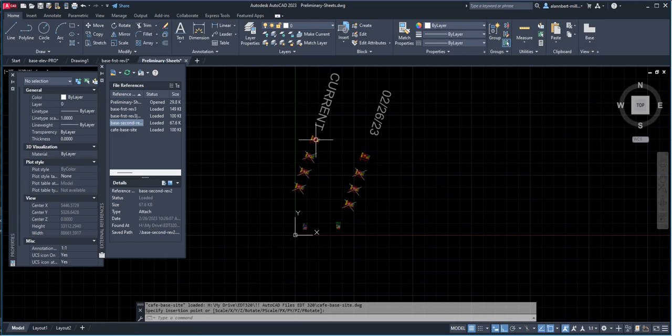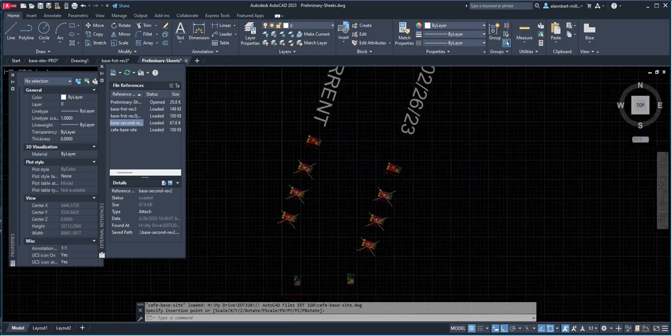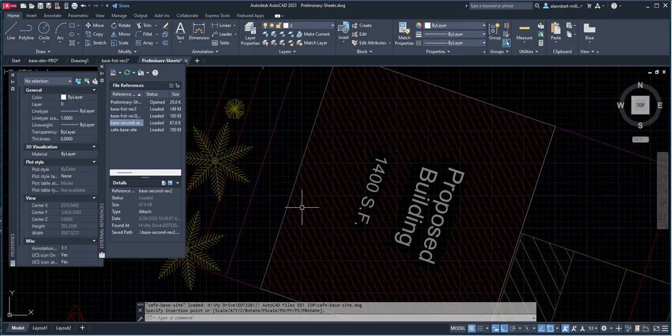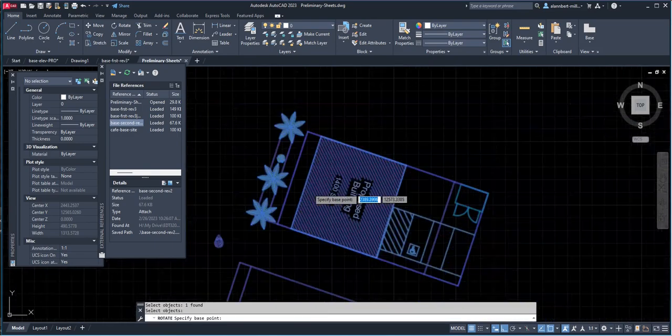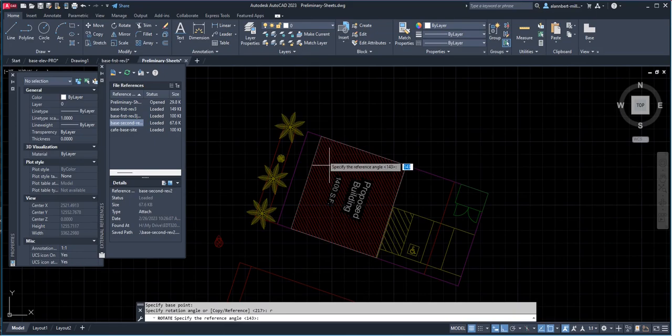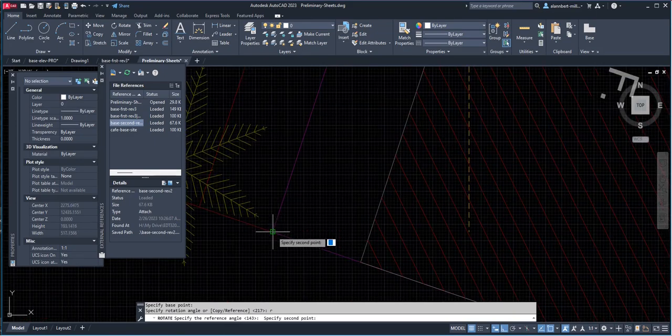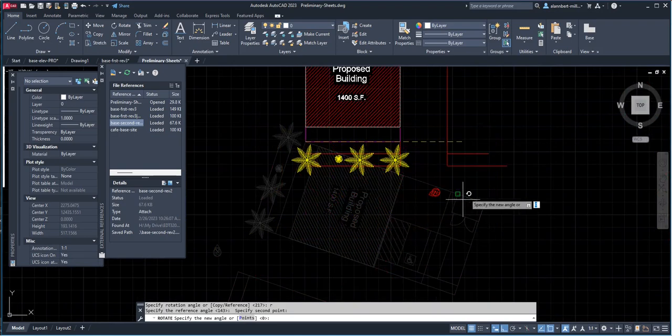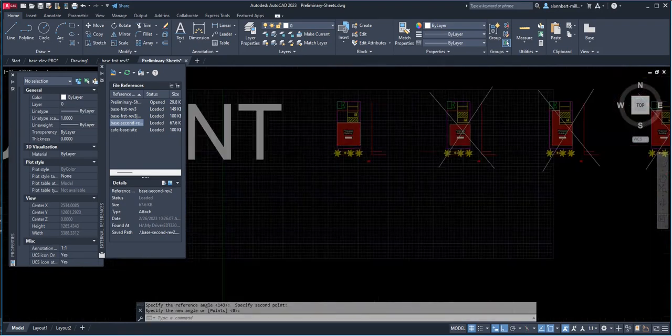This is the current, so we're going to do a rotation here. I'm gonna click this corner and then do a reference R, and then click that same corner and pick this corner here. Make sure, and then do a rotation so it's now parallel